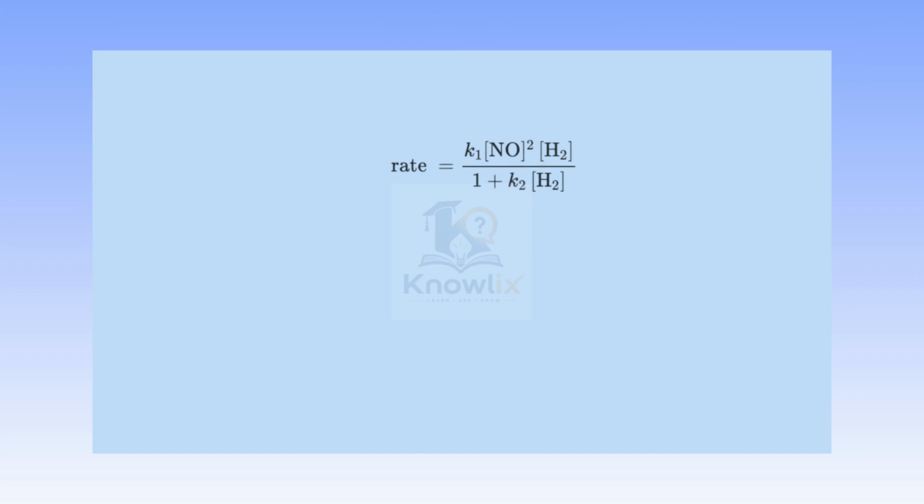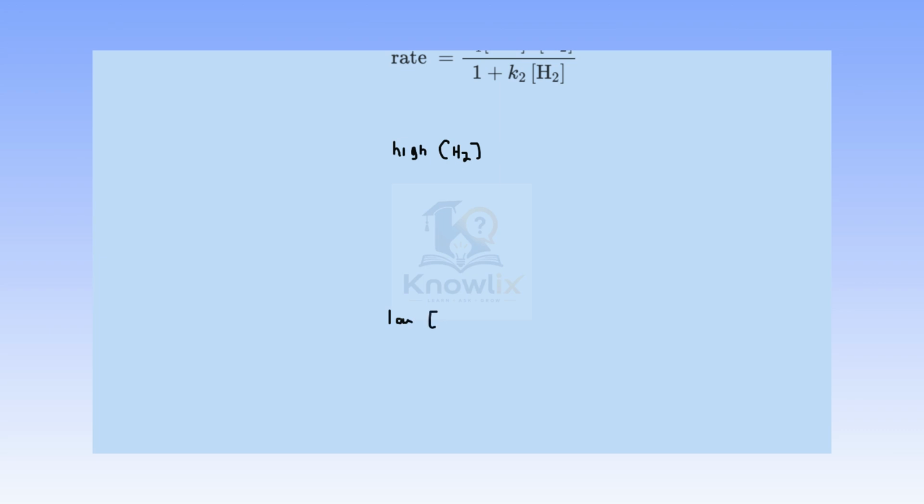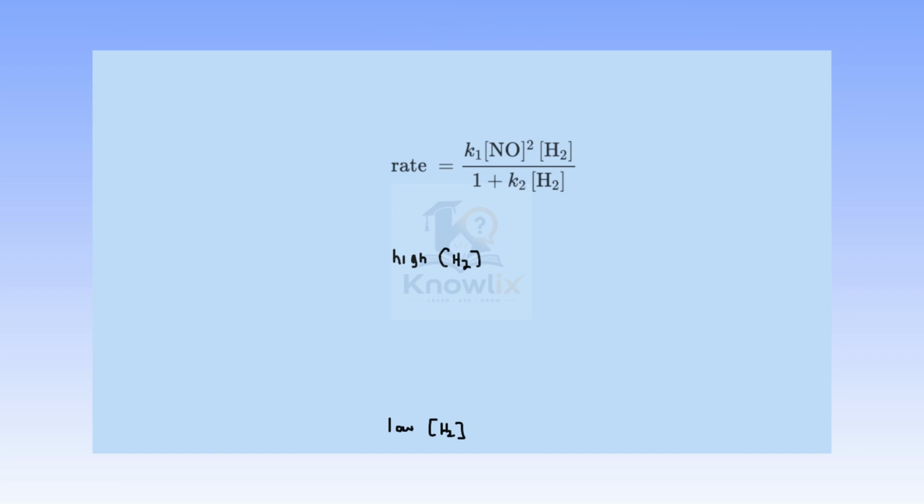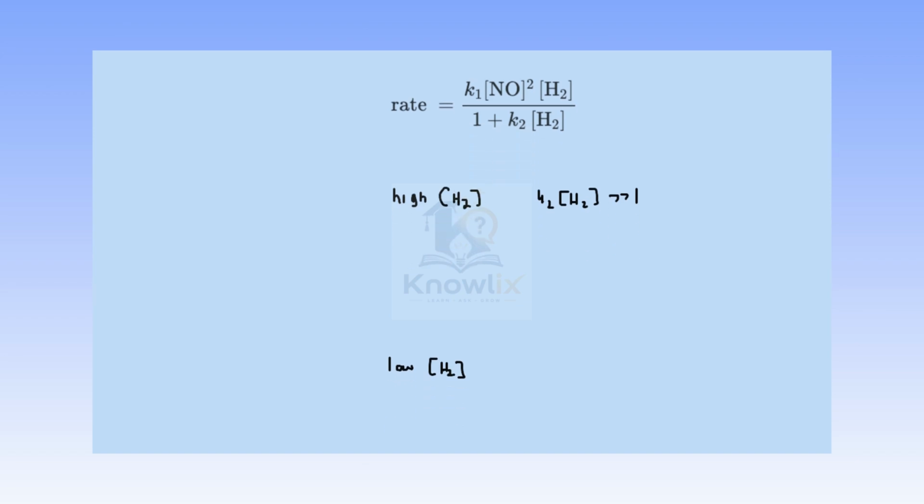All right, so we have a rate equation here, and we want to derive approximate values for this rate equation, given that we have first a really high concentration of H2 and then a really low concentration. So assuming that the concentration of H2 is really high, and in this denominator, K2 times a really, really big number, we would assume is going to be much greater than the value of 1. So we can approximate the denominator as just K2 times H2